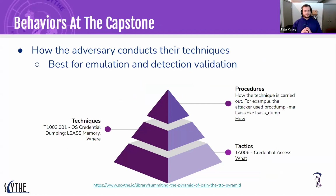All right, so behaviors at the capstone. How does an adversary conduct actions? At the base, we have tactics, which is kind of like the big picture. It's what does the threat actor need? Then one level up, we have techniques, and that's where can they get what they need. The last thing we have is procedures, the tip up there at the top, and that's how they can get